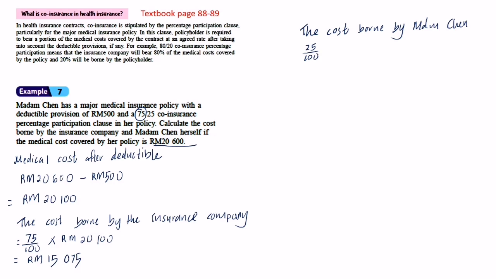How about the cost borne by Madam Chen? 25% times 20,100 plus the deductible equals RM 5,525 ringgit. Or you also